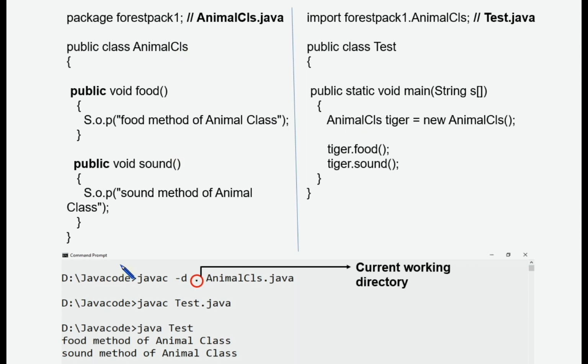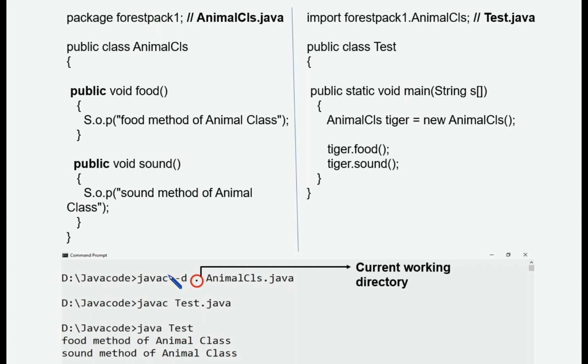So see this compilation. If it is an ordinary program, you can just give javac filename.java. If it is a package, there should be a difference. We must create a directory in the name of the package, so we must create a directory for this forest pack. How to do this?